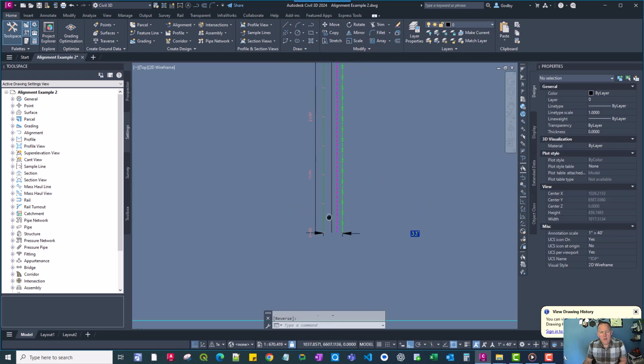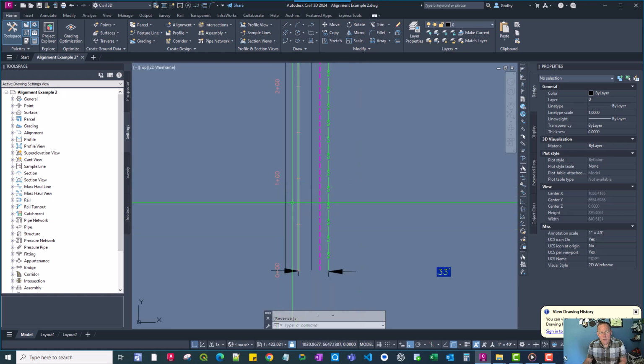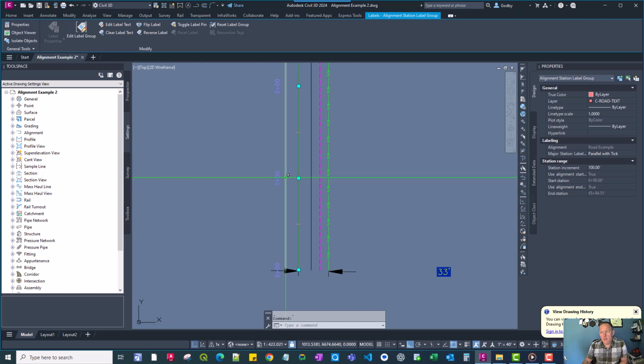And there we go. So what it has done is automatically put the station markers at these locations for us. Now, since I'm working from a template, that's actually one of the nice things about this: if you save this when you're done as a template and build another drawing from it, you won't have to do this again. But if you're just opening this right up from a base AutoCAD template, I'm guessing that these will not be